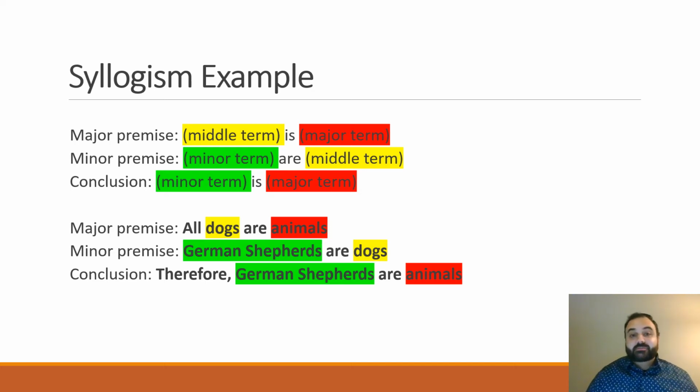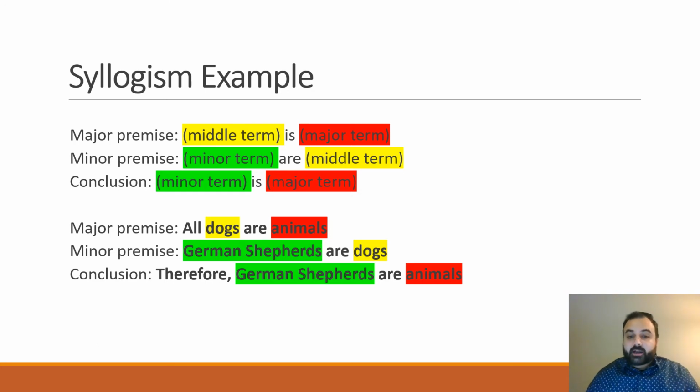We know that to be biologically true. German shepherds we know to be a kind of dog, so that is also true. It is reasonable. So both premises here are true. The middle term here, dogs, connects them together. So we know if German shepherds are dogs and all dogs are animals, it stands to reason that, therefore, German